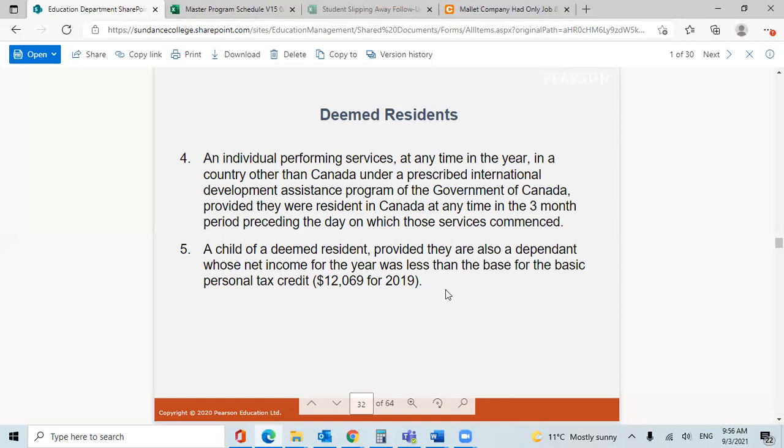Okay. So number five, a child of a deemed resident, provided they're also a dependent whose net income for the year was less than the basic personal credit. So that's a deemed resident: a child who is a deemed resident child, and probably the child has never been to Canada, and the child hasn't been working and is very low income, then the child is a deemed